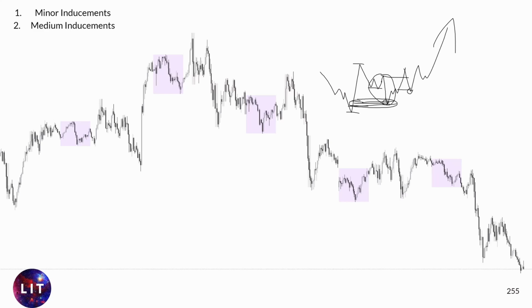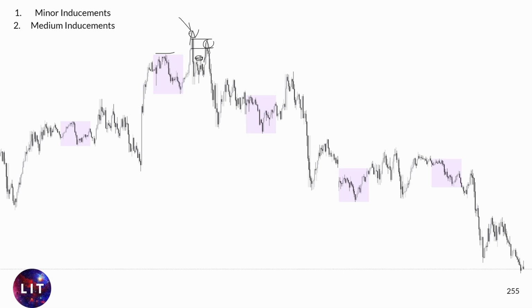For example, this one is exactly that. This one grabs liquidity high. Here's the build up, you see? That creates the liquidity. That is the internal inducement, and that obviously leads to what? To the mitigation after the inducement. It's literally over and over again. It's always the same. Okay.